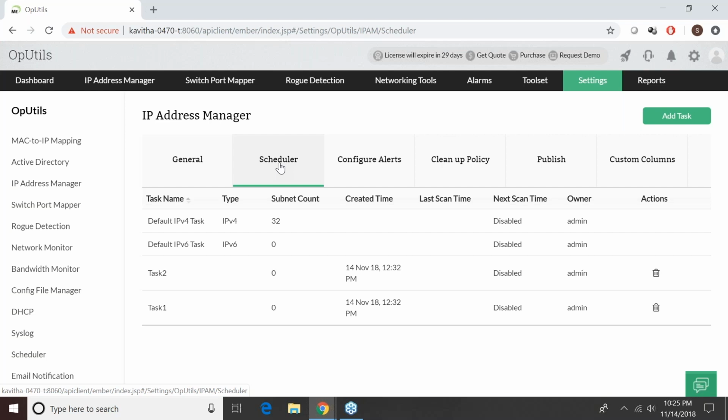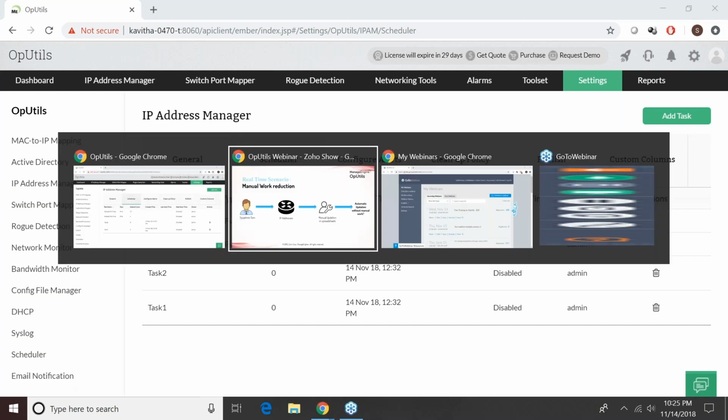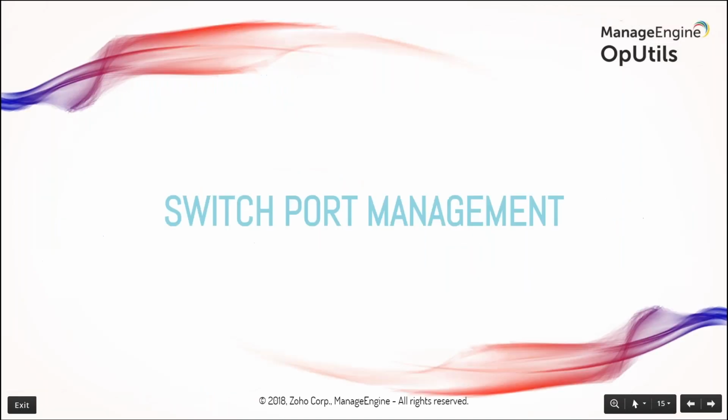You can schedule it at least once or twice a day, so that the subnets will be scanned twice a day, and if there are any changes in the IPs and DNS names, all of it will get updated immediately in the IP Address Manager tool. And the next important feature which we have in